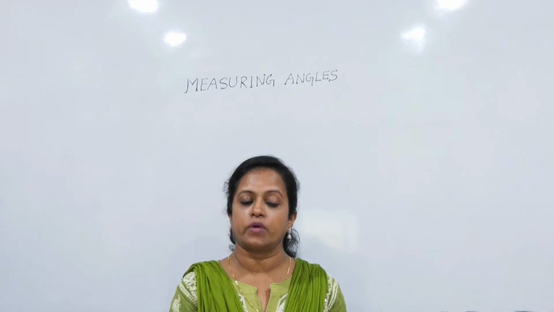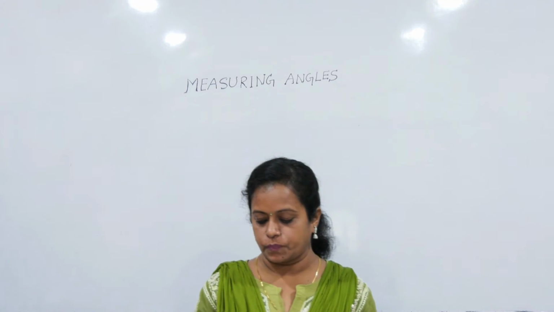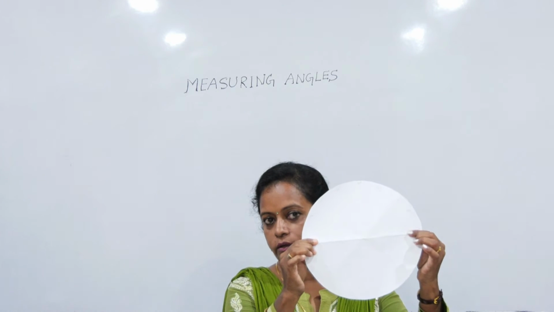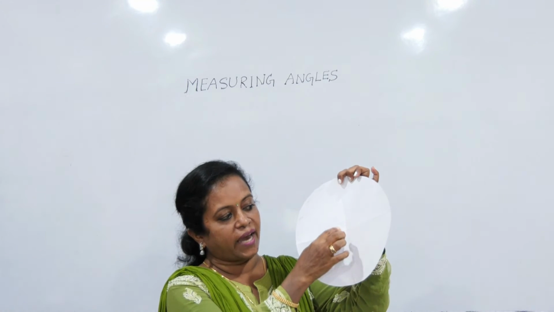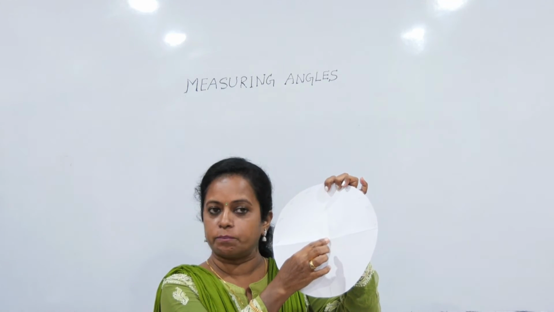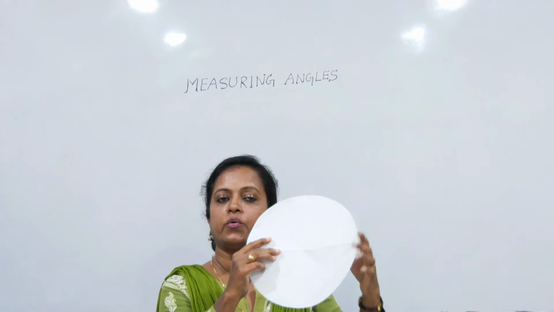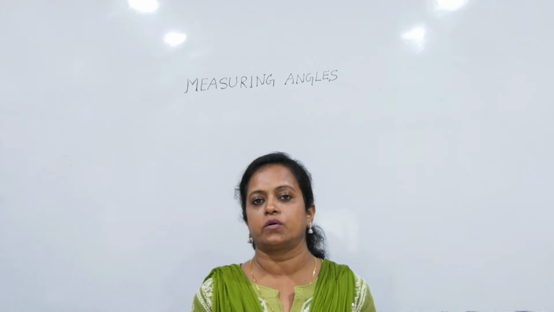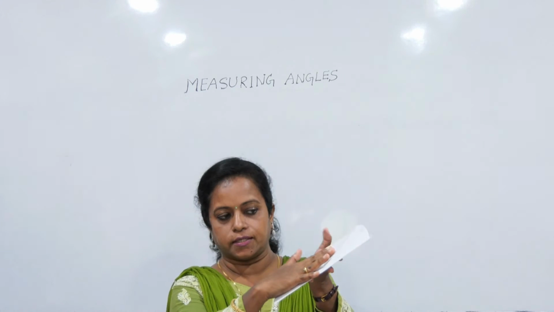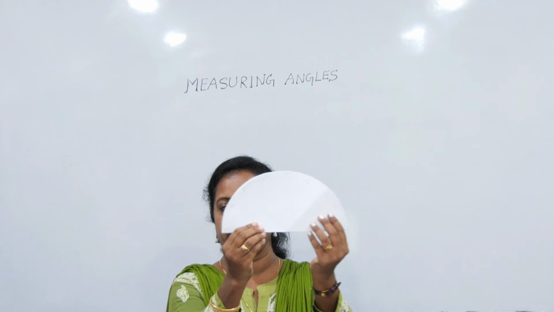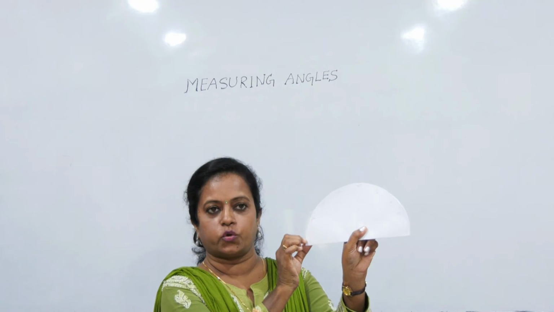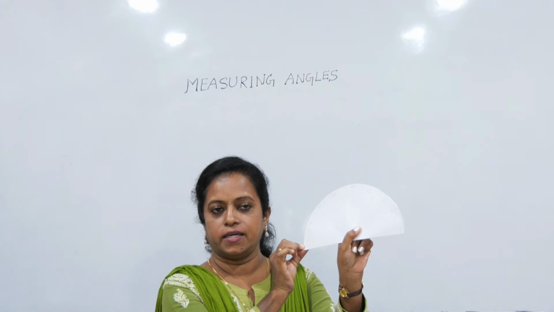Now I will teach you how you can make a protractor by yourself. What you need is a circular piece of paper, and you know in a circle the angle which is formed at the center is 360 degrees, or a complete angle. And just now I told you in a protractor the markings go from 0 to 180 degrees. So if you make a fold of this circle, you get a semicircle in this shape. So here at one end you can mark 0, and the other end you can mark 180 degrees.